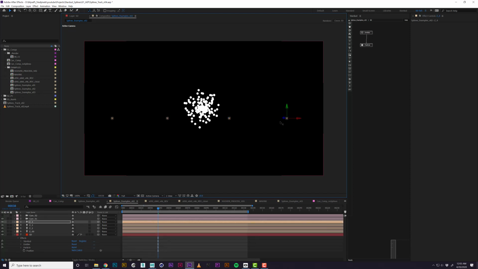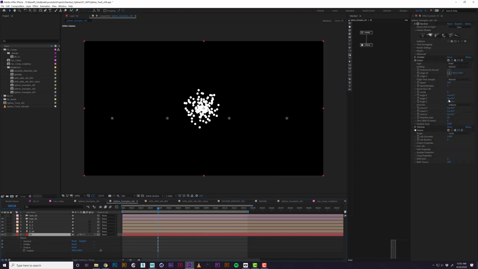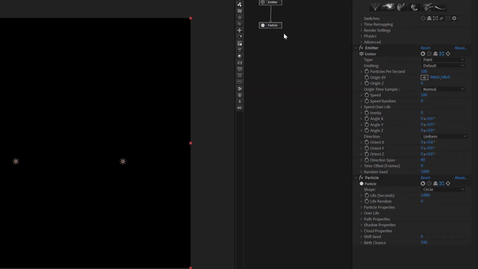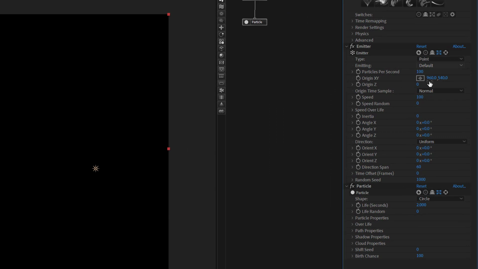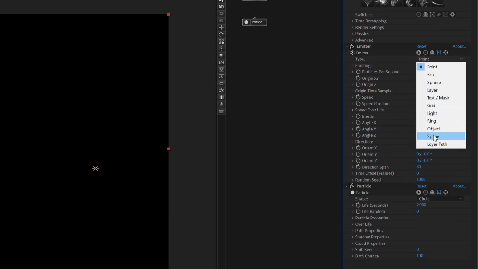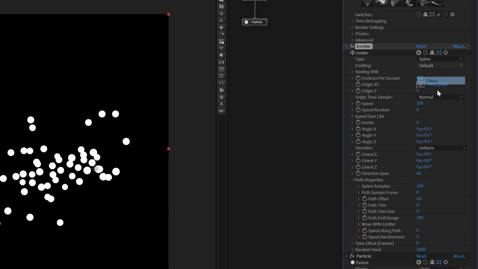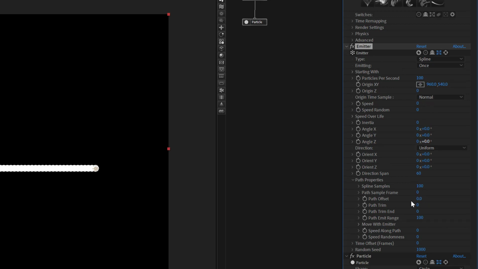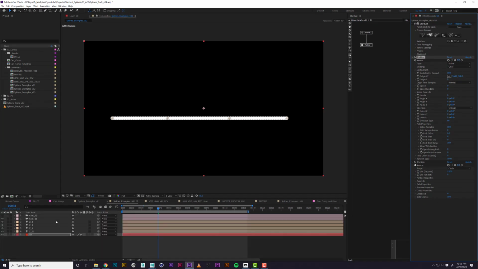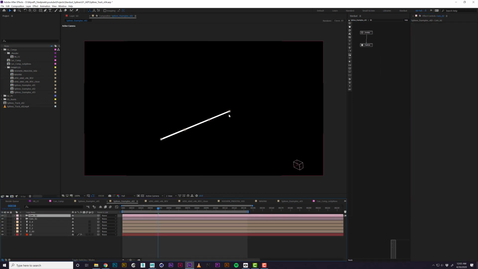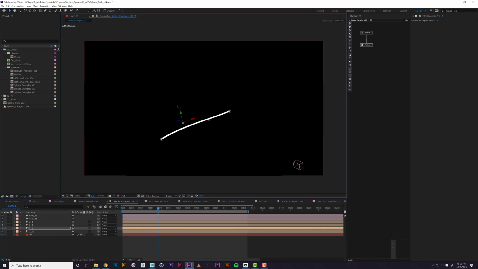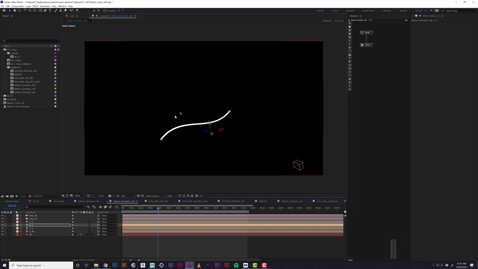And then let's look at our Stardust layer. I just applied the effect, and this is the default setup. So we're going to change our type to spline. And we're going to do once, and we're going to set our speed to 0. And then you can see that now we have a line being drawn between our points. And what Stardust is doing is creating a Bezier interpolation between these positional data points.